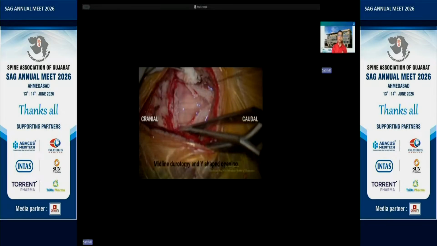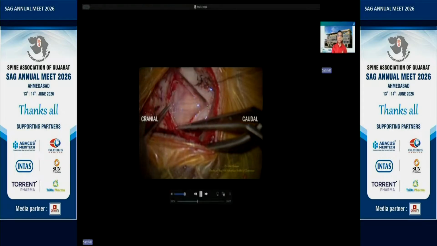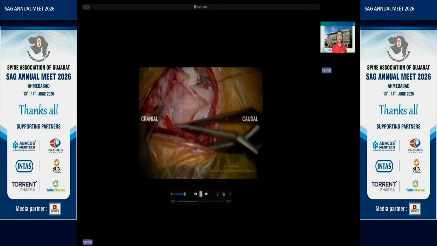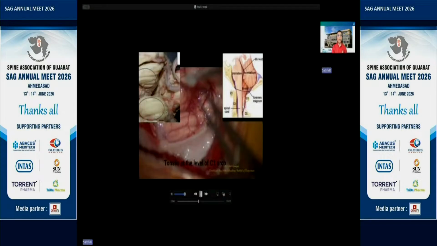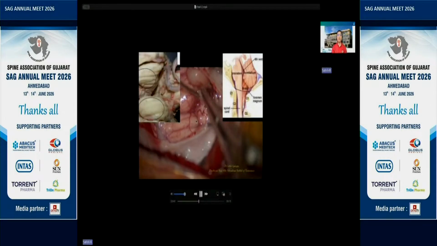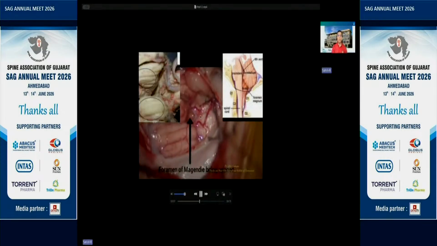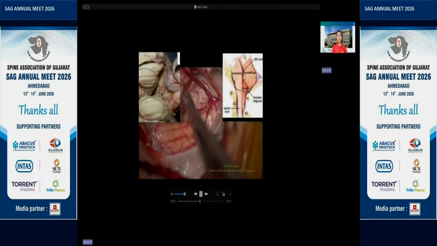So I have opened the dura in a Y-shaped fashion, the narrowest part at the C1, and the top part just above the foramen magnum. Ultimate goal is to expose the two tonsils and then to expose the upper brainstem, lower brainstem, and upper spinal cord. So if you see here, I am lifting the tonsil on the right side, and the foramen of Magendie was